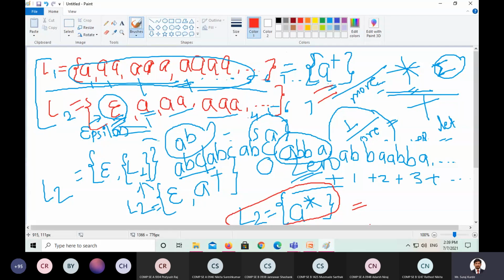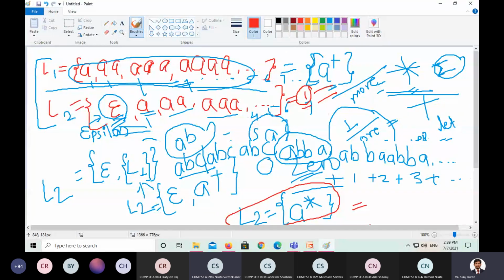Now, what we have to do is draw the transition diagram. Why have I explained these two? Because I have to draw the transition diagram, and there is a little difference in these two languages. In the first, there is no epsilon, a string of length 0. It is absent in the first language. Whereas in the second language L2, epsilon is there. That means a string of length 0 is there. Now, how many states will be required? Anyone? To represent the second language using a diagram, how many states will be required? 1.